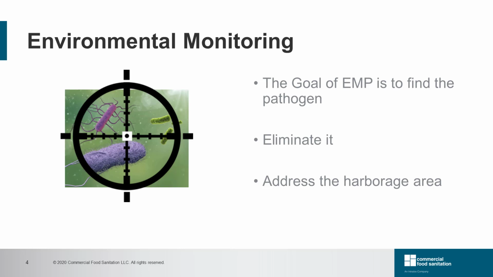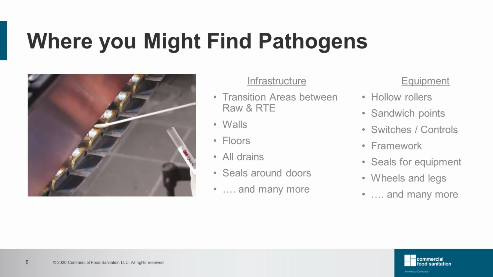This will identify pathogen-positive locations, as well as lead to identification of root cause, enabling corrective and preventative actions to eliminate harbor sites going forward. Where do you think you are most likely to find pathogens in a food manufacturing environment? A list of potential locations include transitions between raw or ready-to-eat areas, walls that are potentially damaged, floor cracks, drains,